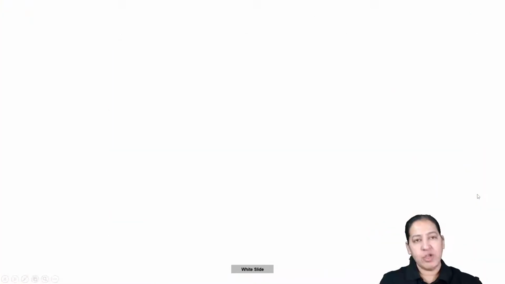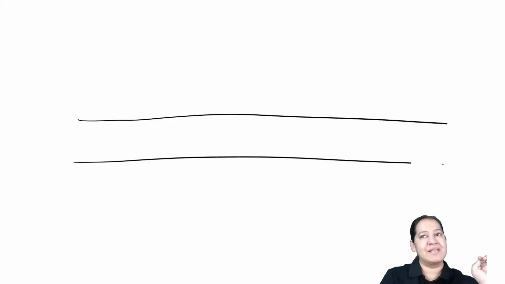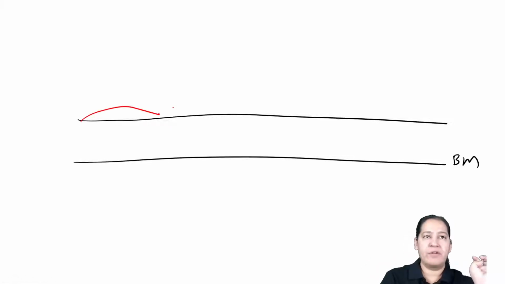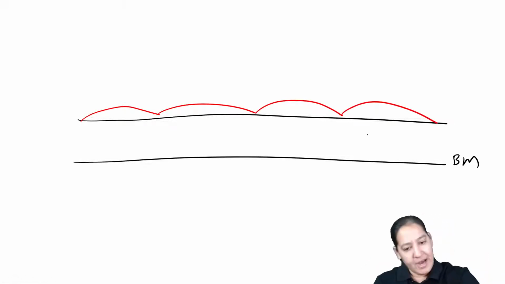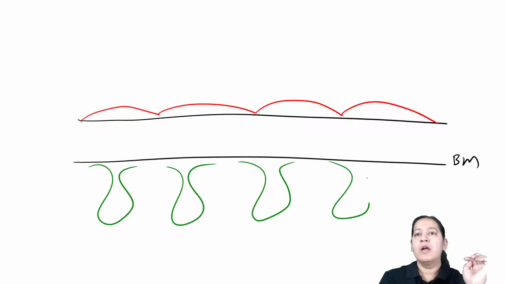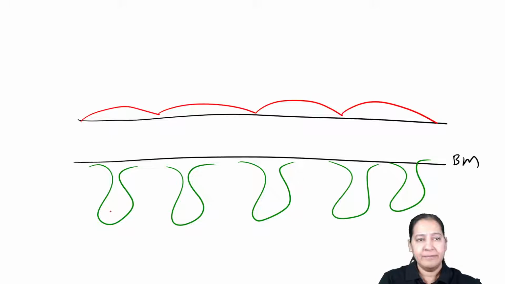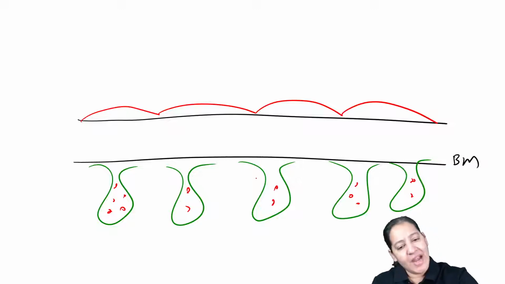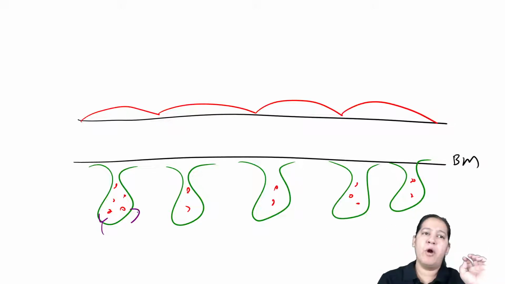Actually, what is happening, let me tell you in detail for those who want to understand the detail. So there is a basement membrane at the center, right? On one side there is endothelium, on other side there is visceral podocyte or epithelium. Now antigen is coming and getting planted on the podocyte, right? This is antigen. Behind it, body is forming antibodies. So antibodies are also coming and forming a bond with the antigen.